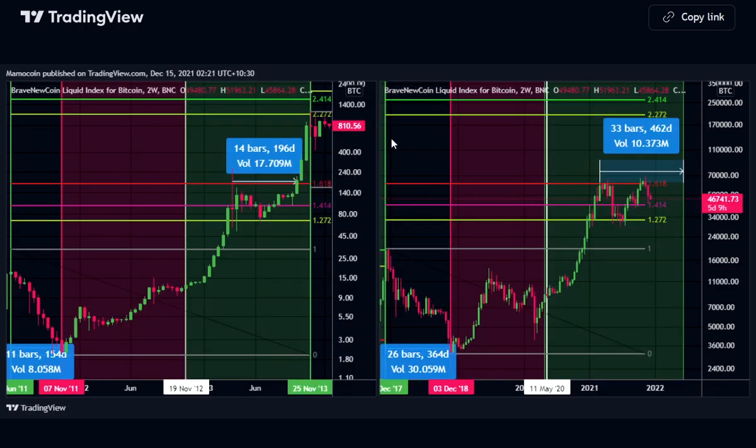And just to show that in another way, this is the 2012-2013 bull run on the left, our current bull run on the right, with the same fib extensions. But I just want to show here that on the first cycle, the entire bear market from the previous bull market peak to the bear market low did take 154 days. And this consolidation here, from when we first touched the 1.618 level to when we closed above it, did actually take 196 days. So this entire consolidation took longer than the bear market